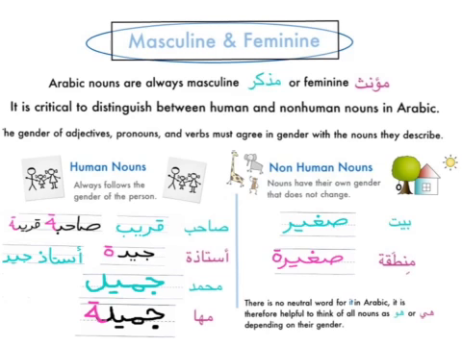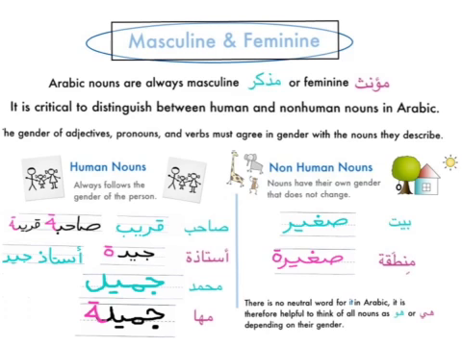We also learned that the adjective takes the gender of the noun. If the noun is masculine, the adjective has to be masculine. صاحب, قريب, a close male friend. صاحبة, قريبة, a close female friend. As for non-human nouns, each noun has its own gender and the adjective has to follow the gender. بيت صغير, منطقة صغيرة.